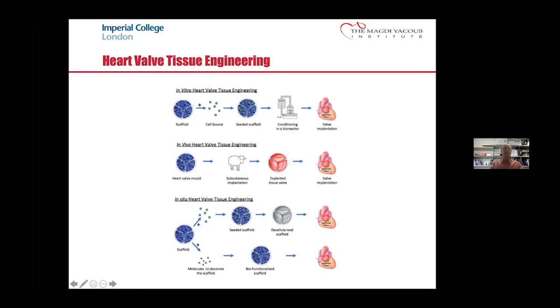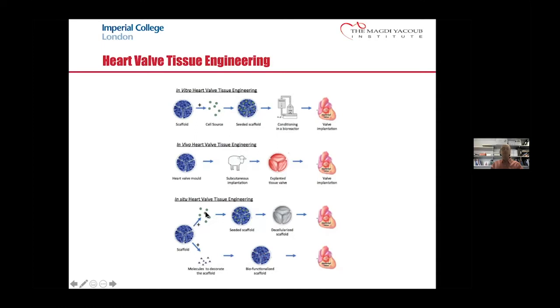Other strategies, certainly this one's not as popular or as well pursued, would involve implanting your scaffold into an animal, letting it become cellularized, and then implanting it. And the more popular, and currently much of the focus of our work and the work of other groups, is so-called in situ tissue engineering, which can either be